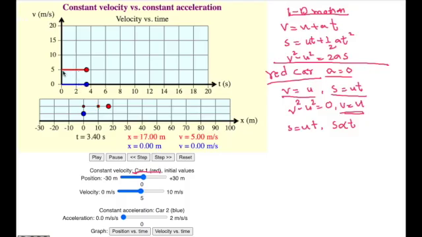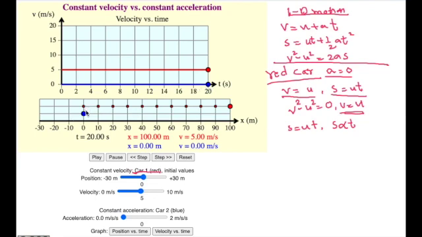See here, this is the velocity versus time graph for the red car, where the velocity remains constant for any time. This is v versus t, the velocity v is equal to 5, it remains constant, giving a straight line at any time t. In the case of the blue car, since it is at rest, it is 0 for any time.